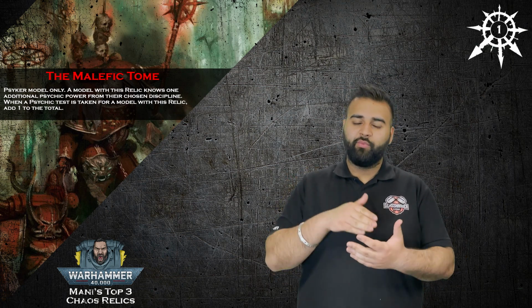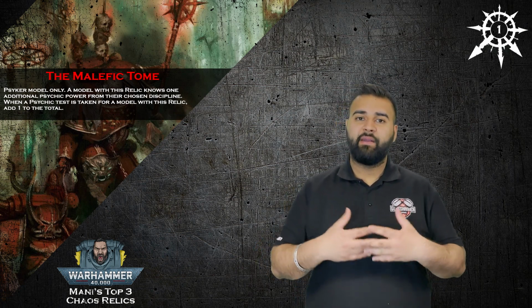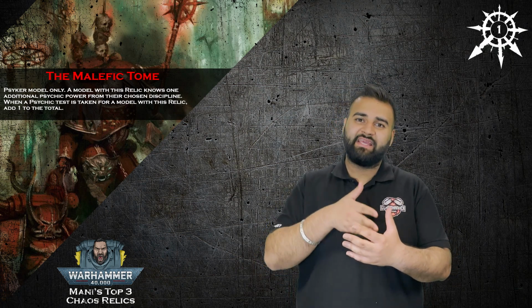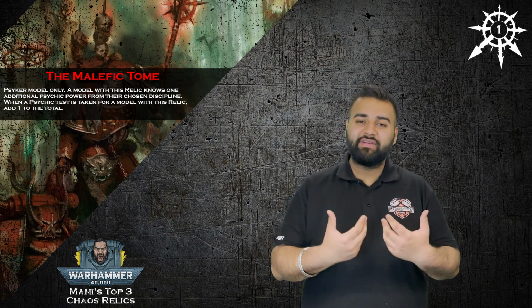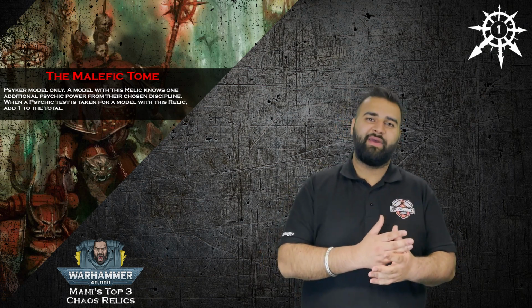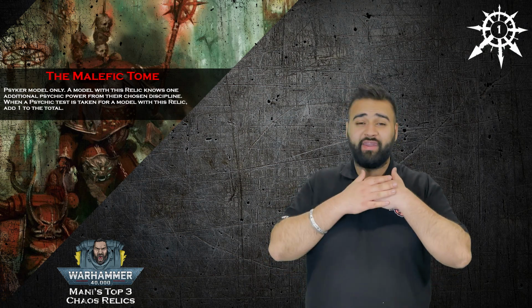This one is on a Word Bearer's psyker, and they know an additional power from their discipline, but also they get +1 to psychic tests. The reason why it's in at number 1 is it makes your casting more reliable, and you've got to remember all of the chaos powers are done on a friendly Heretic Astartes unit. So you don't have to lock this to Word Bearers. It's on a Word Bearer's psyker, but he can cast all these powers that he's getting bonuses for on any